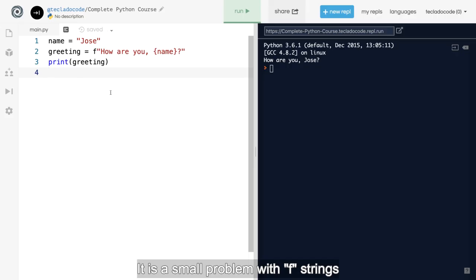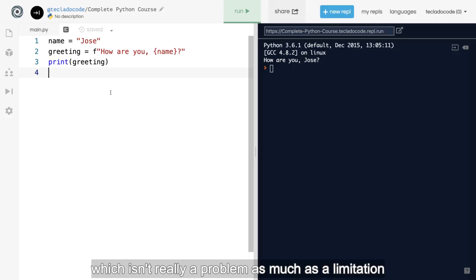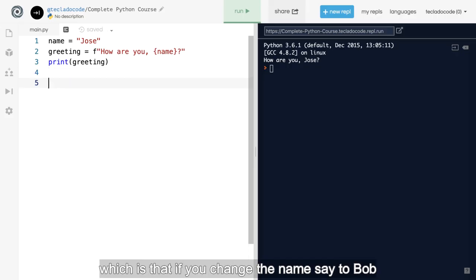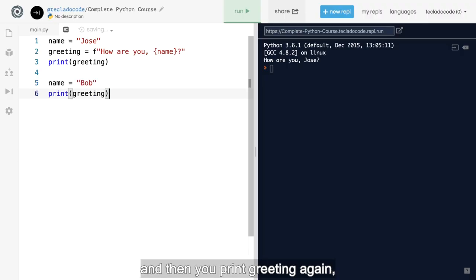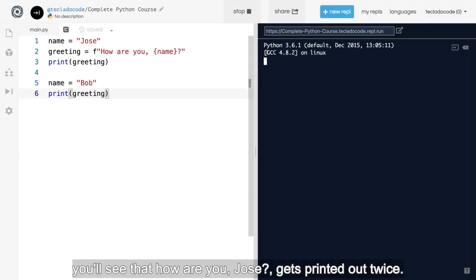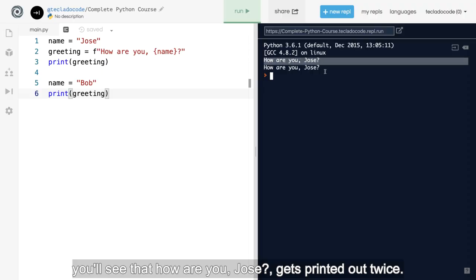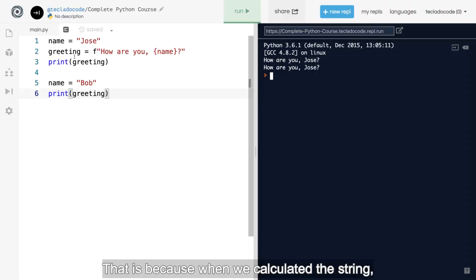There is a small problem with f-strings, which isn't really a problem as much as a limitation, which is that if you change the name, say to Bob, and then you print greeting again, you'll see that "How are you, Jose" gets printed out twice. That is because when